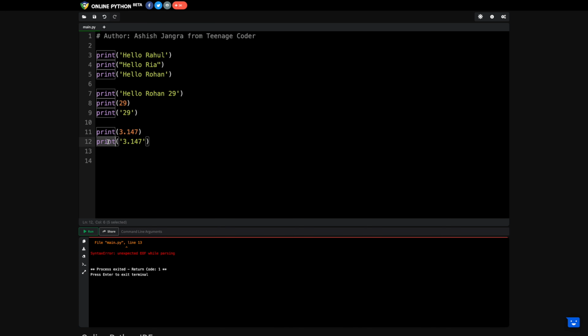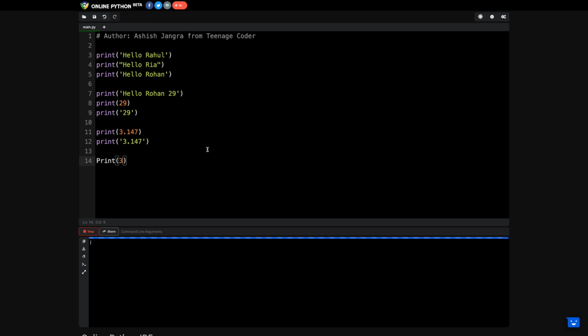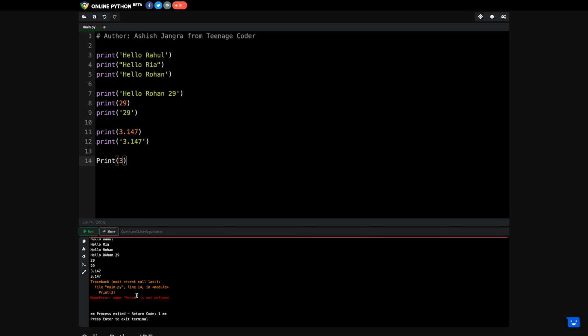if you are writing print with all small letters, it will work. If you are writing capital PRINT and printing anything, it will not work, right? Because print is not defined. Print with capital P is not defined. Print with small p is defined. That is called case sensitivity. You need to take care about the case sensitivity of the programming language, and Python is a case sensitive language. Case sensitive means this print is not equal to this print. Similarly, if you are writing all the capital letters P R I N T, it will still not work,